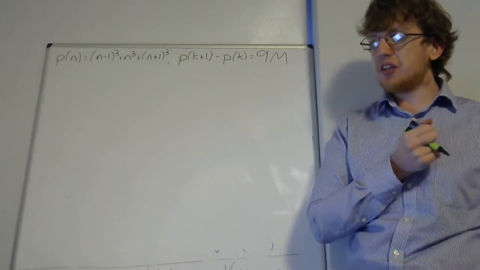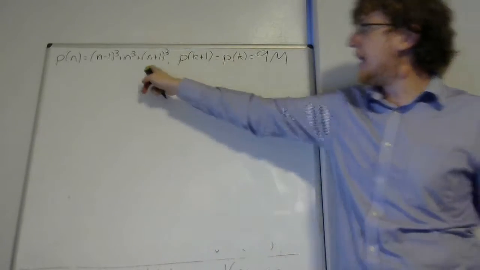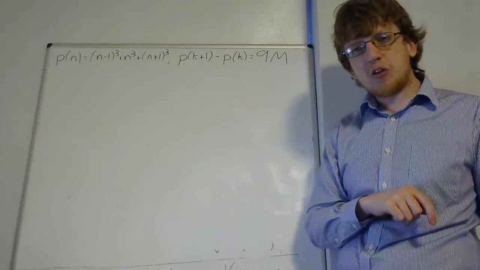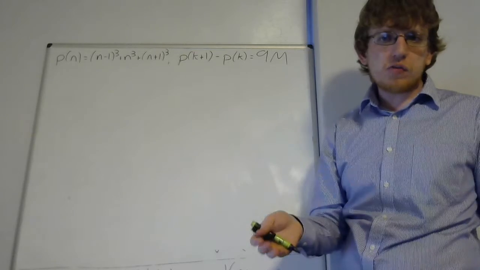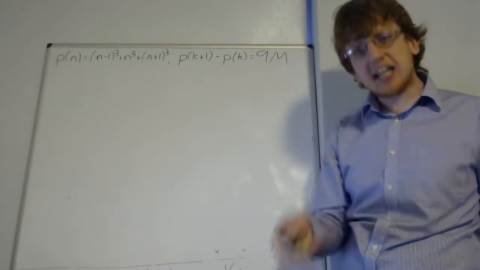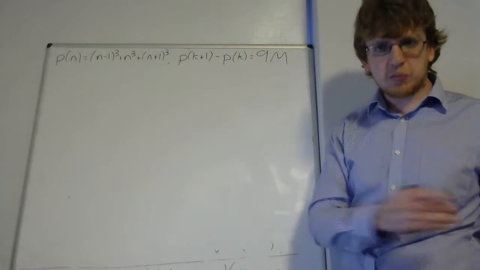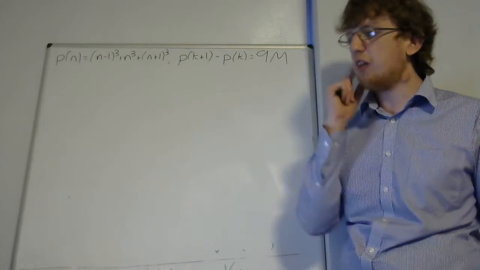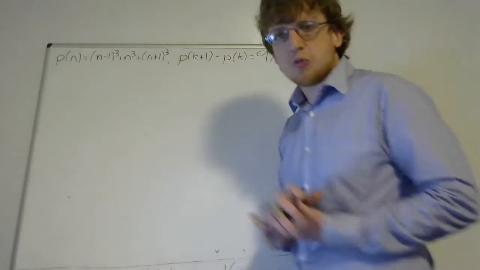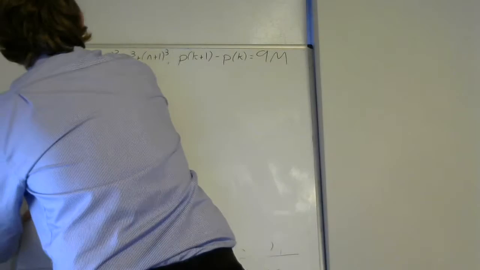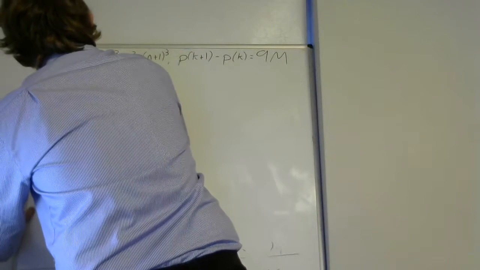Prove by induction that P of n here is a multiple of 9 for all integers n greater or equal to 1. So we're going to start off setting it out exactly as we would a proof by induction, but like I said, it's going to require you to spot something halfway through this proof. So it says prove it for all integers n greater or equal to 1, which means the smallest integer that it could work for is 1, which means our base case, so let's lay this out properly, base case is